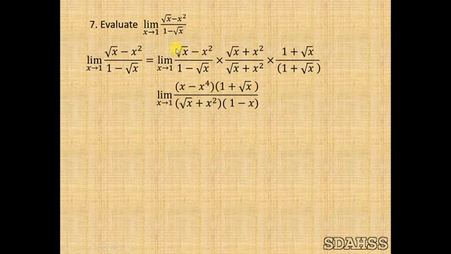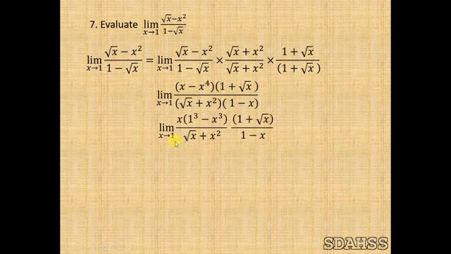Now this is of the form a minus b into a plus b, which can be written as a square minus b square. So this we can write x minus x power 4 into 1 plus root x divided by, similarly, root x plus x square. You keep it as it is. Now 1 minus root x into 1 plus root x is in the form of a plus b into a minus b, which is a square minus b square. So this we can write 1 minus x. 1 minus x is equal to limit x tends to 1. Here in the numerator x is common, so take outside.